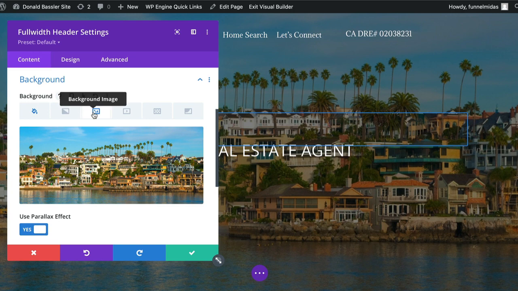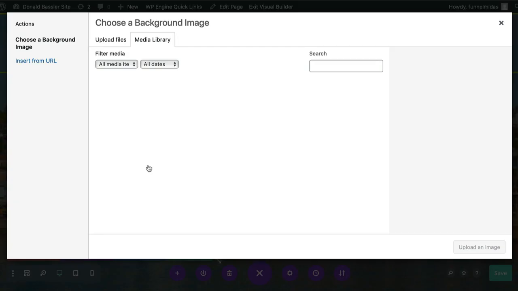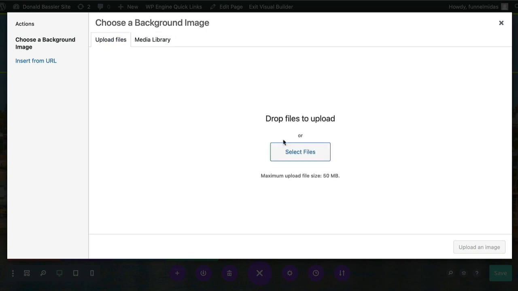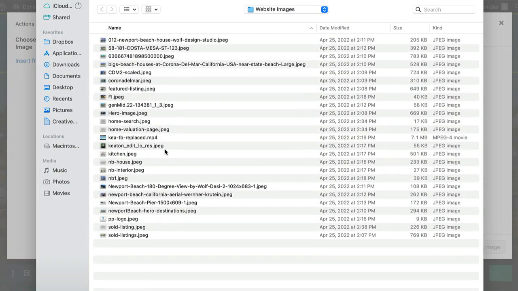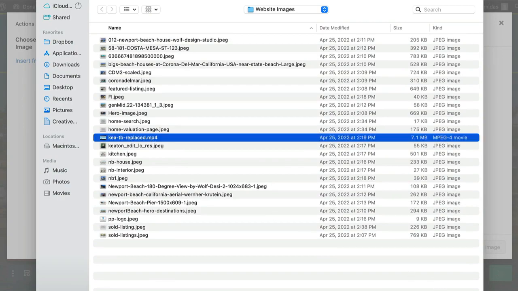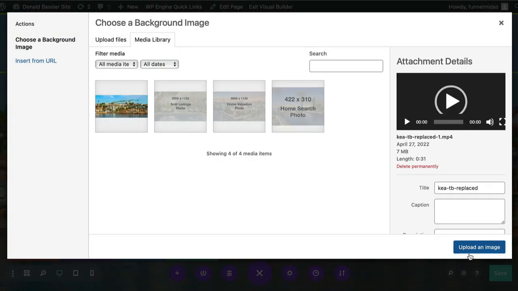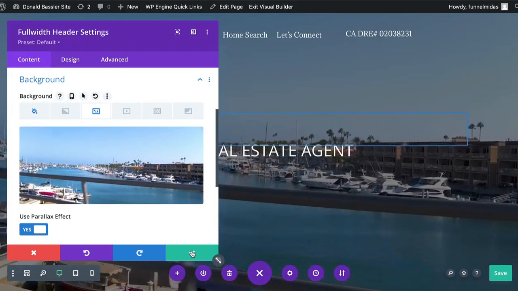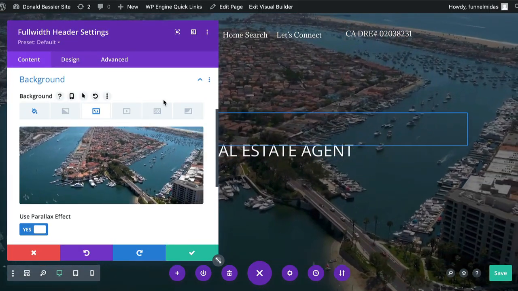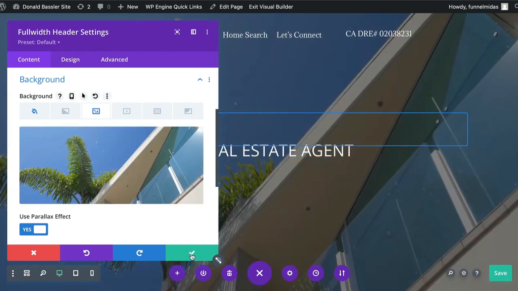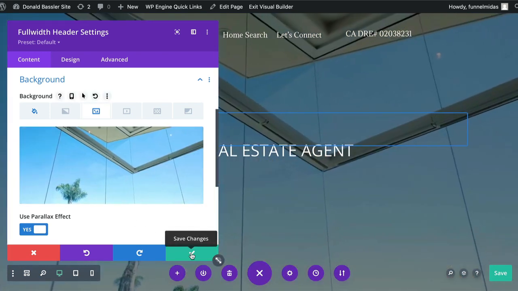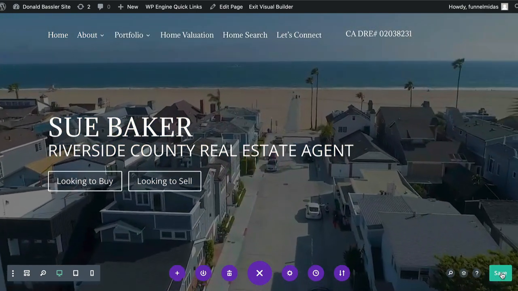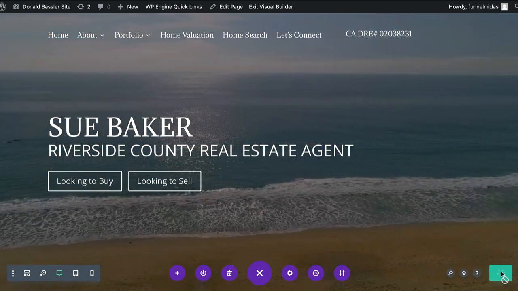So you can choose whatever image you want for the background of this particular panel or any other panel for that matter. I'm going to just go back. I'm going to click here to re-upload mine. I'm going to choose to upload the video file. I'm going to select that, and then I'm going to click on upload, and then I'm going to click this green box down here in the lower right of the full width header settings box to save those changes, and then I need to click one more time down here in the bottom right to save. I'm going to click on save,